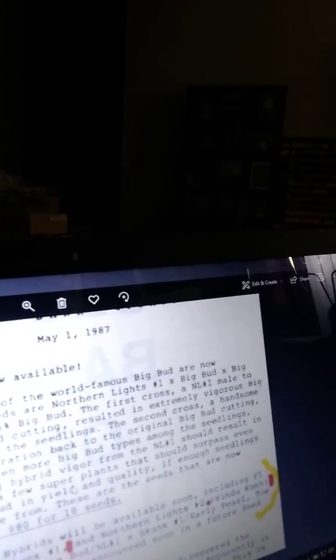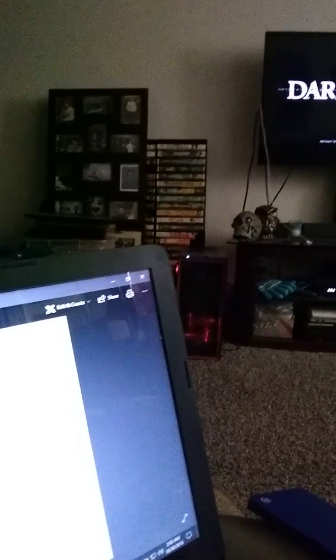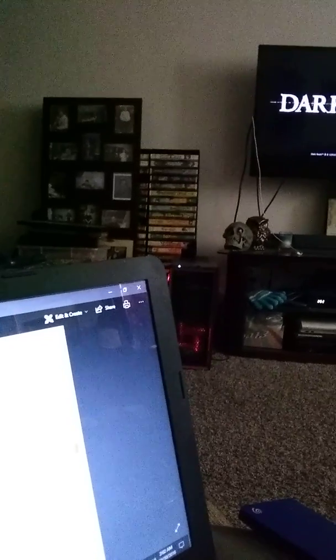Right here, this is the Big Bud article for the 87 Seed Bank catalog where they talk about Big Bud seeds. Right underneath it: other Big Bud hybrids will be available soon, including F1 with both Skunk number 1 and Northern Lights number 2, parentheses, Hindu Kush. Basically saying, again, Hindu Kush was Northern Lights number 2. So, anyway,